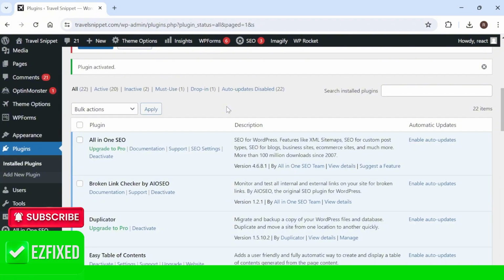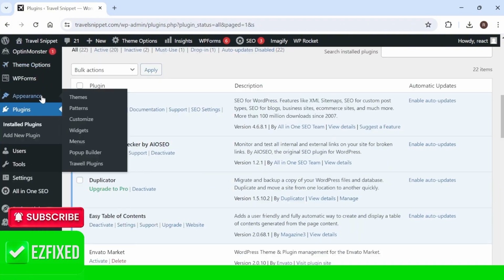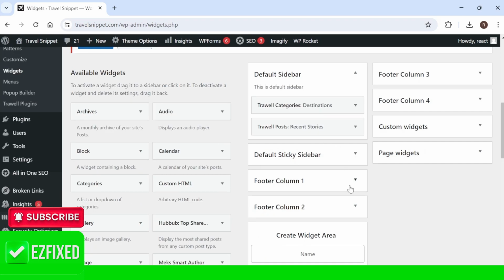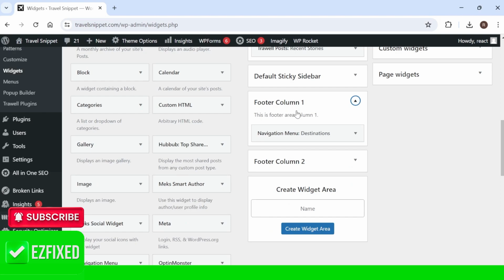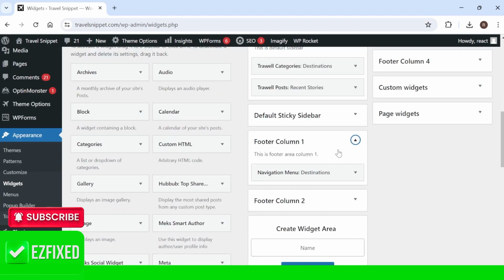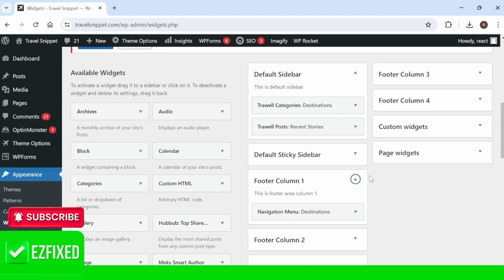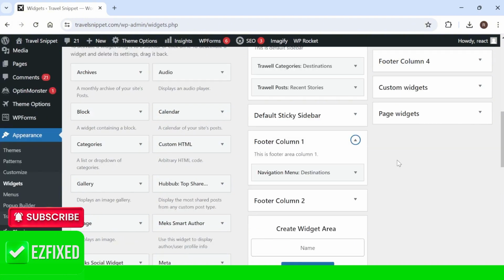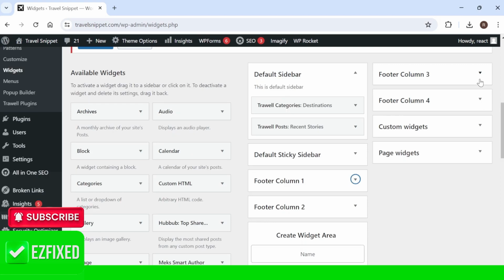So once you've activated your plugin, we need to come over to appearance in the left hand side, select widgets. Now if we come down, depending on the theme that you're using, you should have these options to enter elements within your footer area of your website. So you can see here I have footer column 1, footer column 2, and all of this just came pre-installed with my theme. Most themes do include this or something similar, but essentially you just need to come down to your column section in the widgets